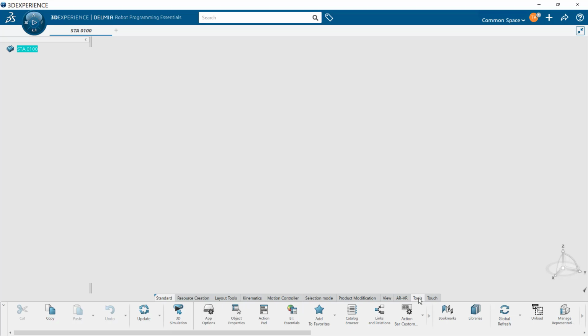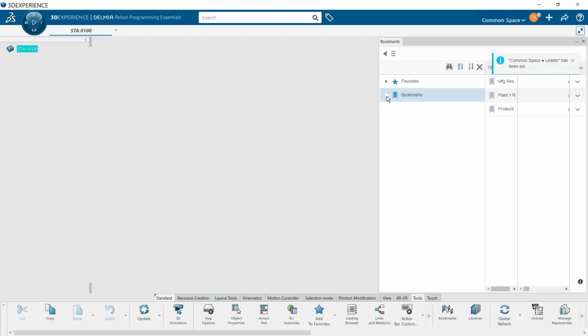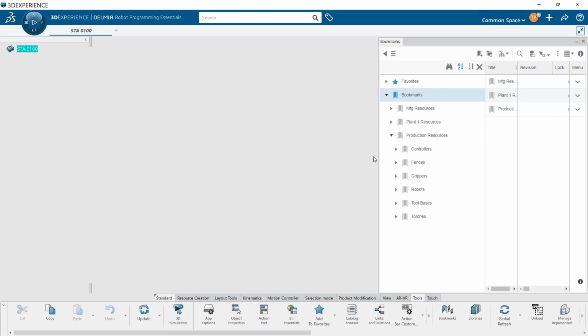So I click on Tools, and I'm going to use my bookmarks. And I'm going to populate my work cell here. So I've made several different catalogs. This one, called Production Resources, is the most populated with objects, because I've put things in here, like I put a robot controller in here, and I've put some fence pieces in here, and I have a gripper, and I have several different robot models that we can use. So the first thing, I'll start with the tool base, and